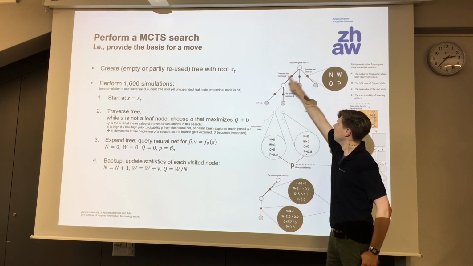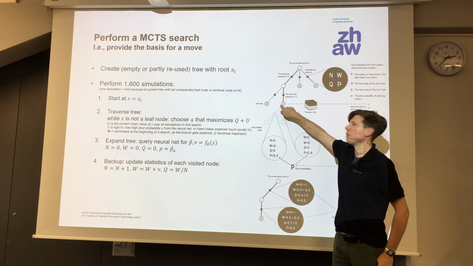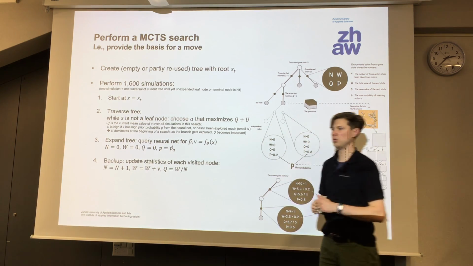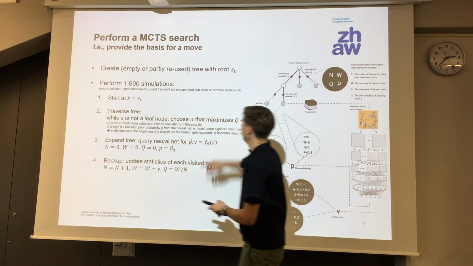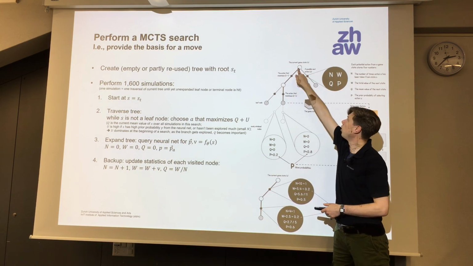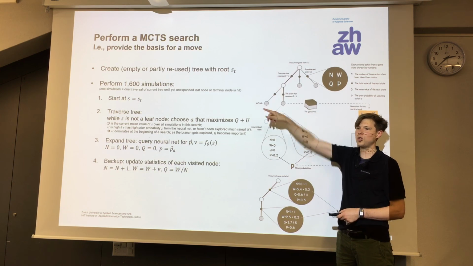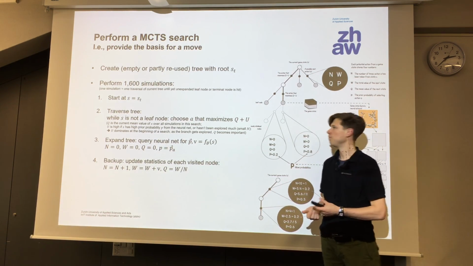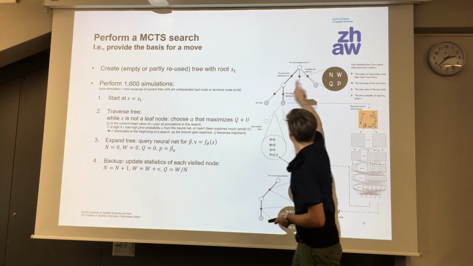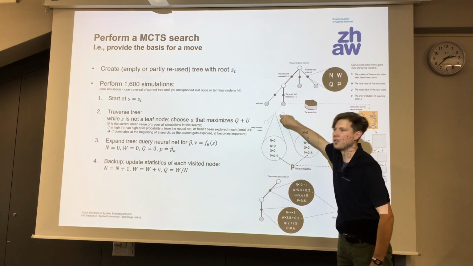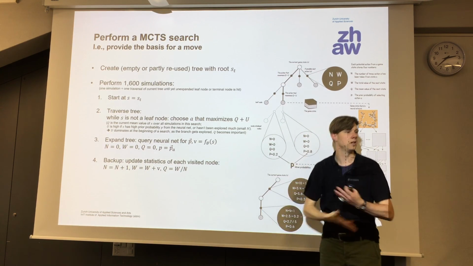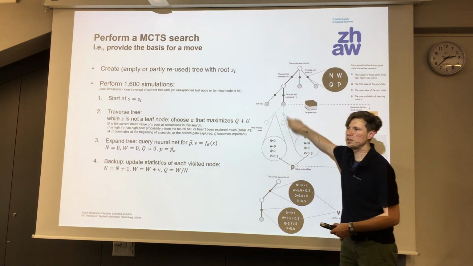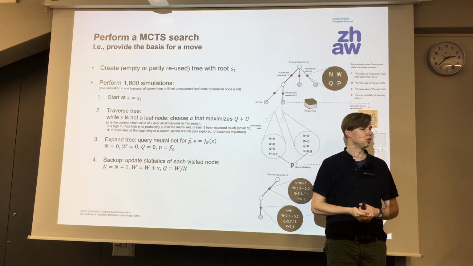After a while, when coming down here more often, the mean value Q becomes more reliable. We will ignore the U, just focus on Q. So we will, in our simulation, traverse a tree by always choosing the branch where Q plus U is maximized. We go down the most probable path we have so far seen. Next thing, we arrive somewhere where there is no further node, because we built the tree on the fly. What do we do when we arrive here and there is no further node? We invoke our neural network.